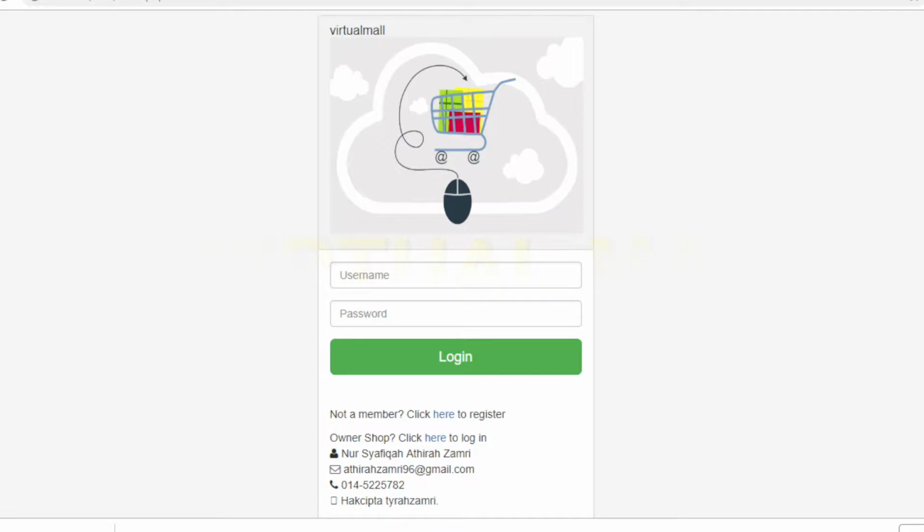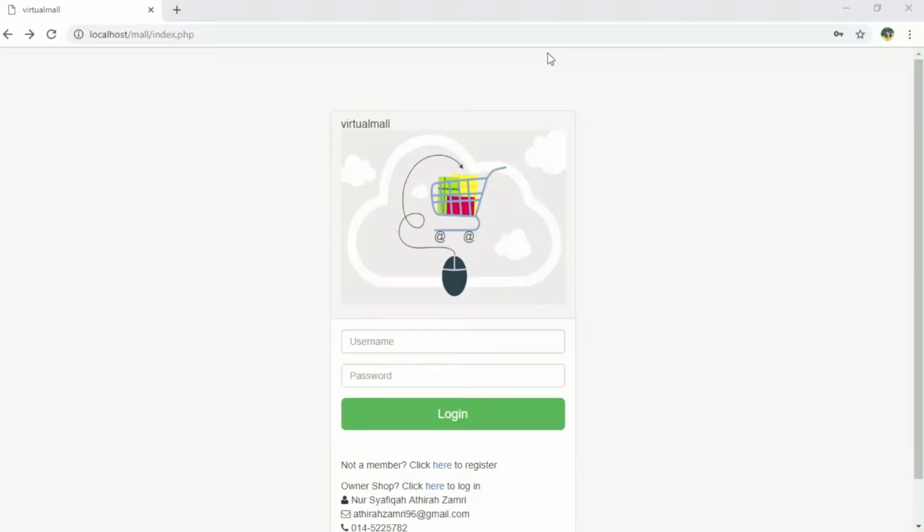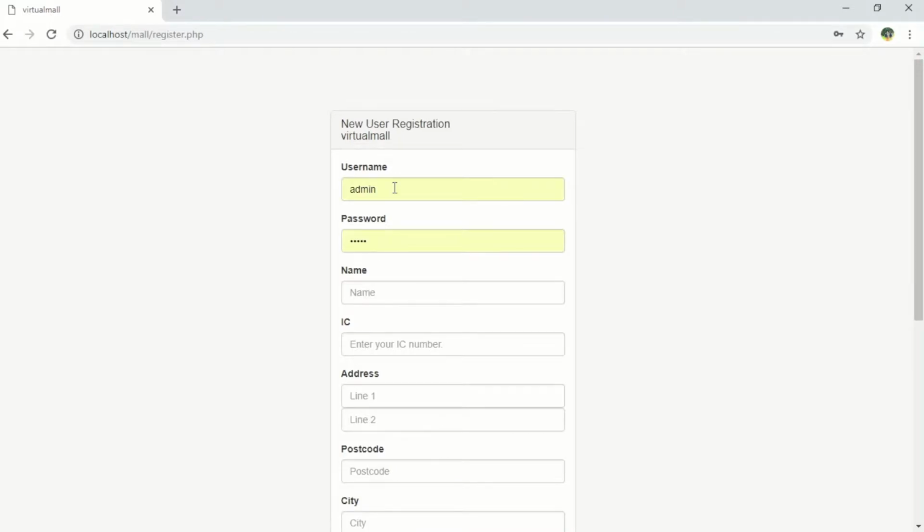Okay, this is the e-virtual mall. This is the interface of the system. If you already registered as a member, you can directly log in to the system. But if you're not a member, you need to register first. Click here to register, then